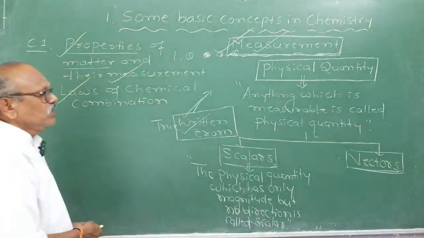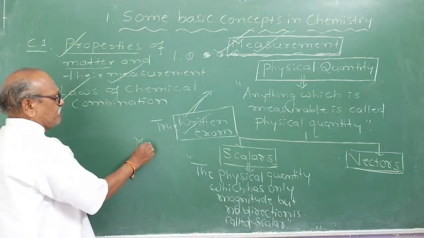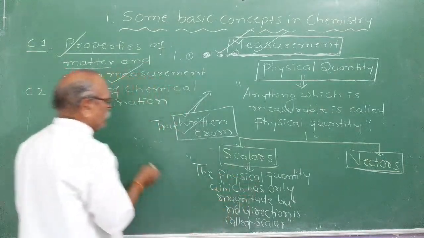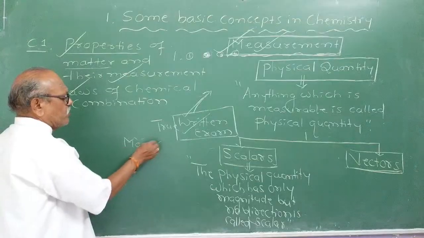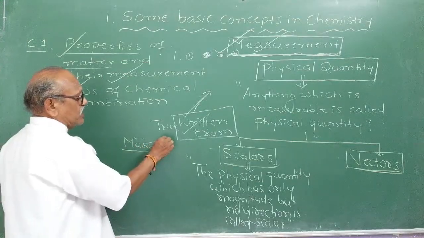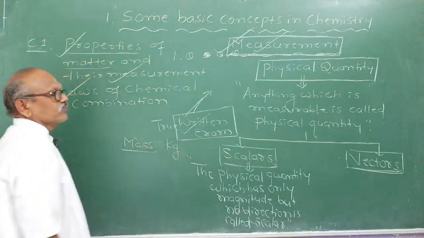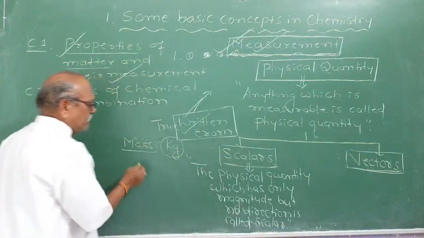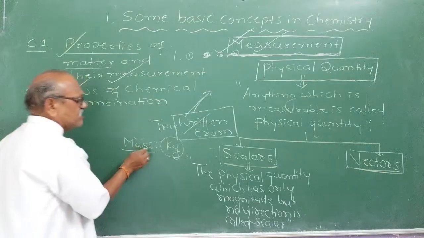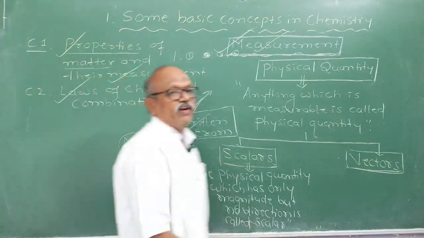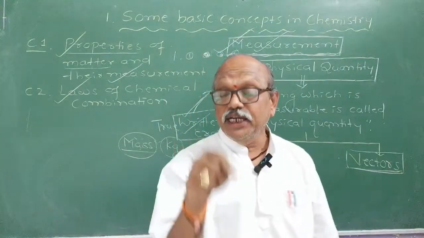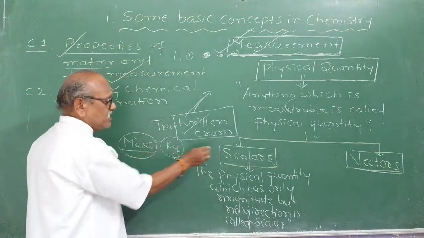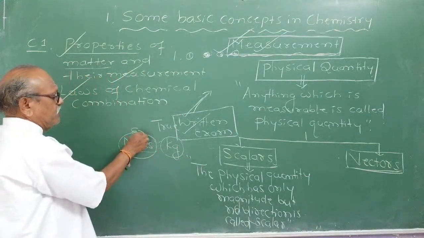I asked you, mass. Does the mass of any substance have a magnitude? Yes, it has magnitude. The magnitude of the mass is expressed in the SI unit, kg. What is a scalar? Remember, mass is a scalar. Why is it a scalar? If I take 5 kg of sugar, what is its direction? The mass magnitude is 5 kg. What is its direction? It has no direction. Therefore, mass is a scalar quantity.